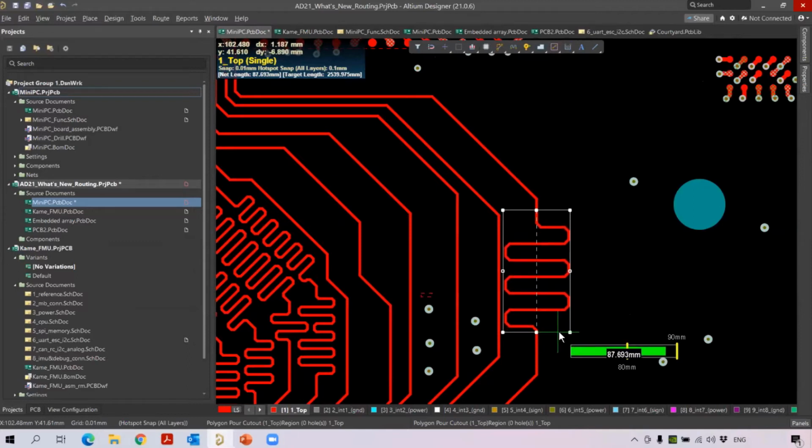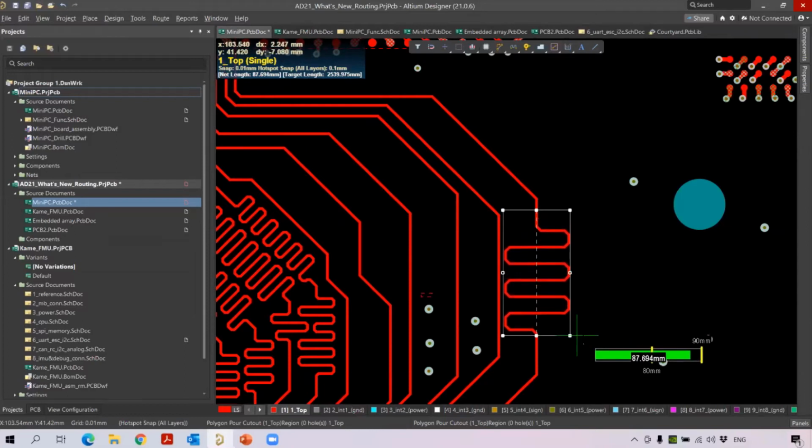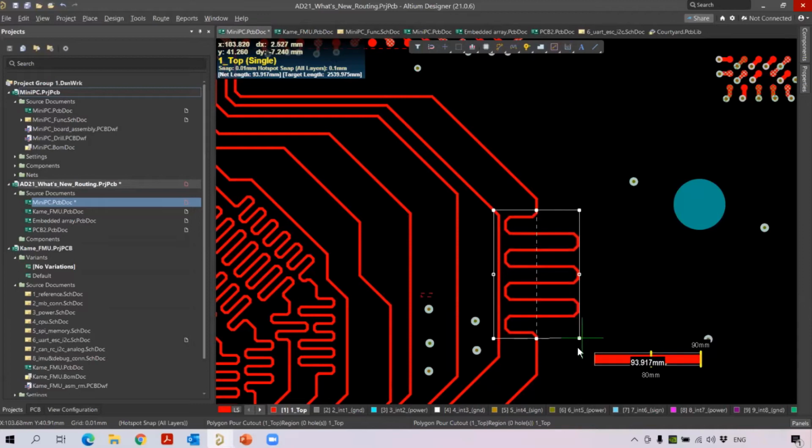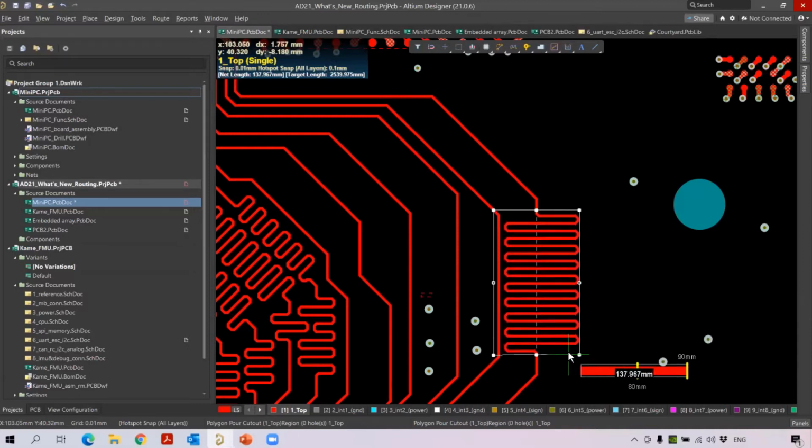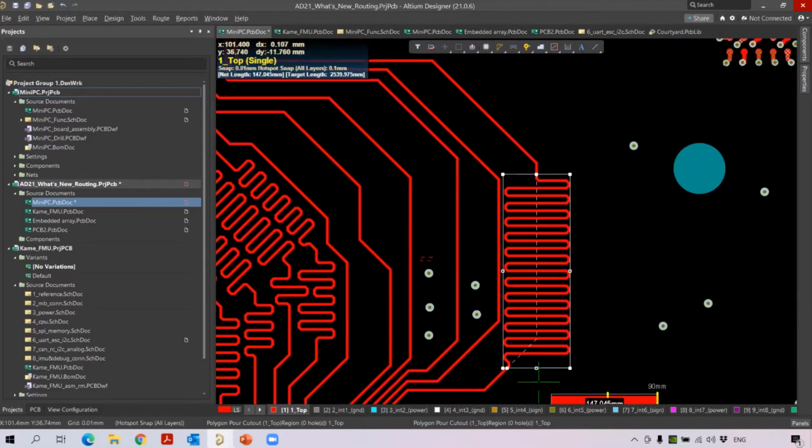You can also increase or decrease the amplitude by pressing comma or full stop. Once you have done that, you can adjust the size as you want. Once you have drawn it, you can click here, right click, and come out of it.